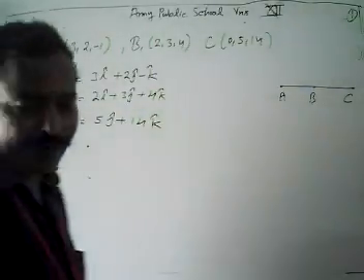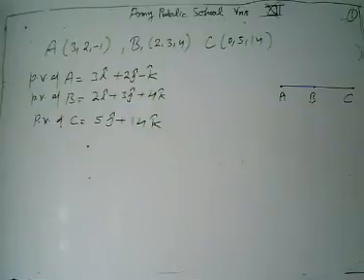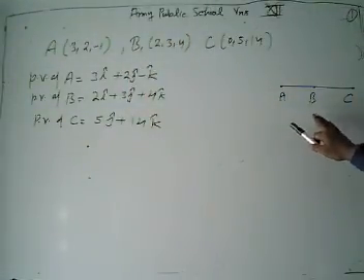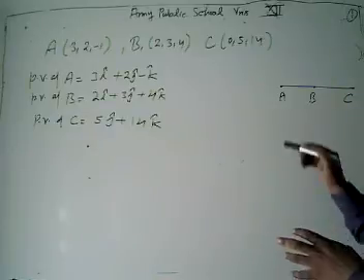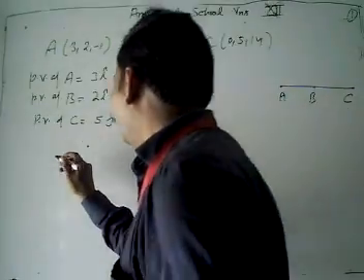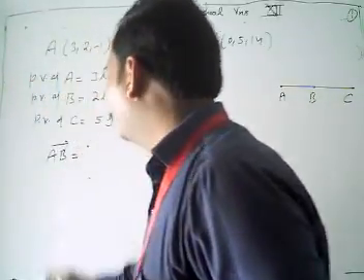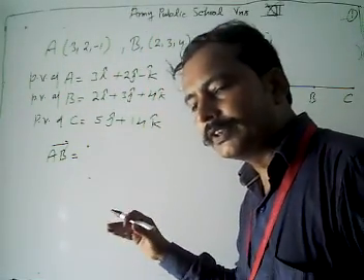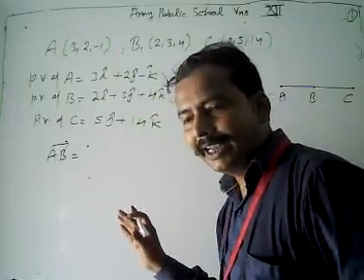Now look, we have the position vectors of points A, B, and C. We have generally drawn a rough figure ABC. We are going to find the vectors AB and then AC. Now, how can we find vector AB? Position vector of B minus position vector of A. When we take the difference, we get the vector AB.